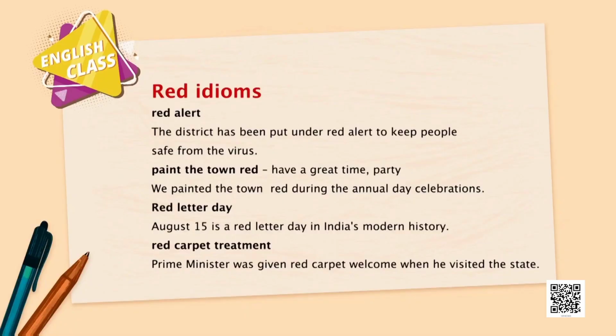Then next one. Red carpet treatment. The Prime Minister was given a red carpet welcome when he visited the state. Learners, you must have understood what is a red carpet welcome. When somebody is given an overwhelming welcome. When someone wins the greatest achievement, an Olympic medal, when he comes back, we give a red carpet welcome. When the Prime Minister goes, and high officials, foreign Prime Ministers, presidents come, they are given a red carpet. Generally, the carpet itself is red in color. So, that means an overwhelming, overarching welcome to the person.